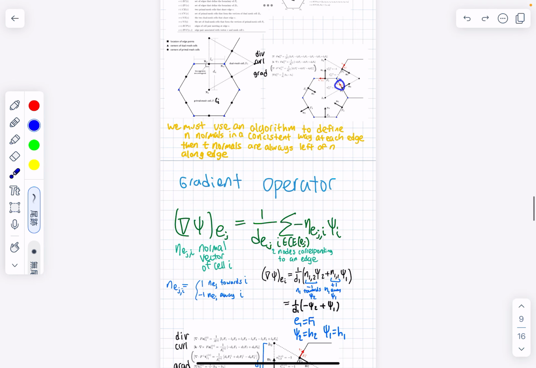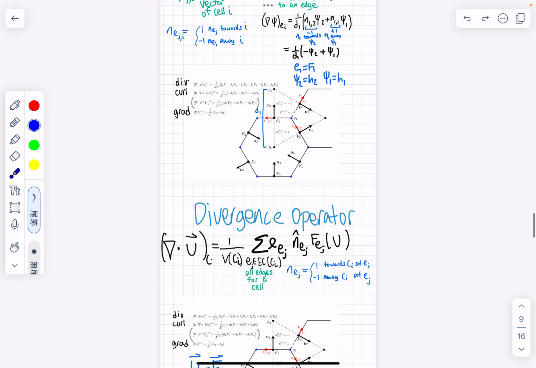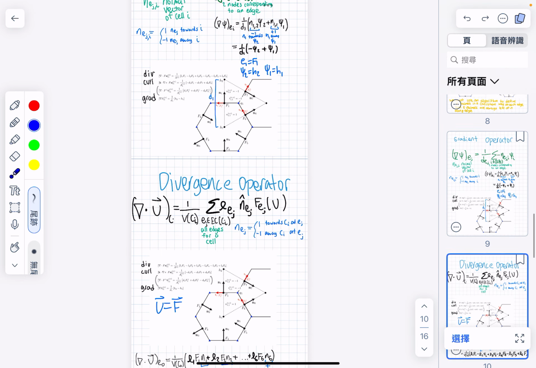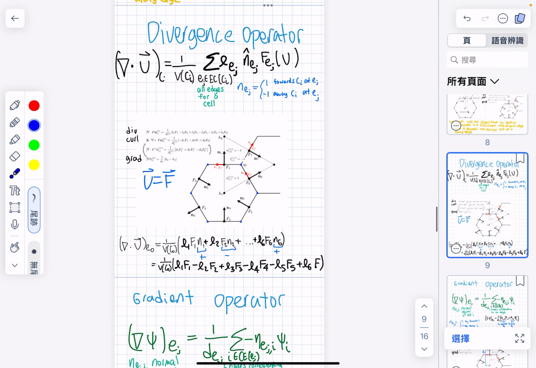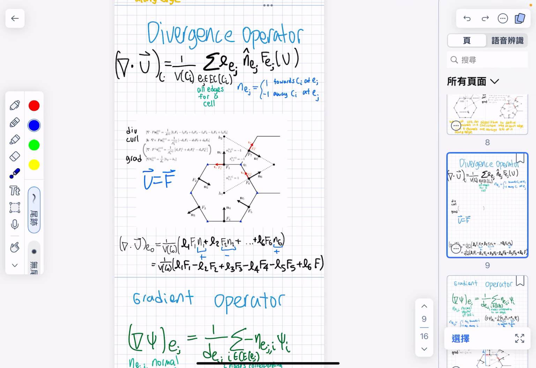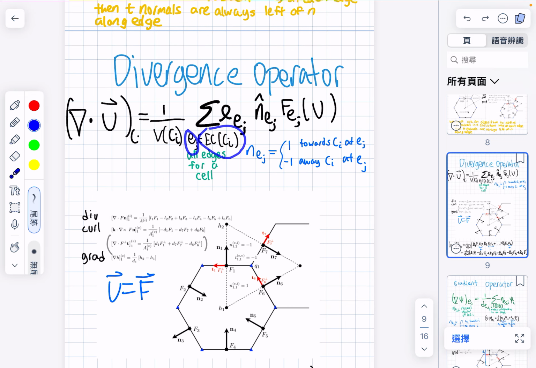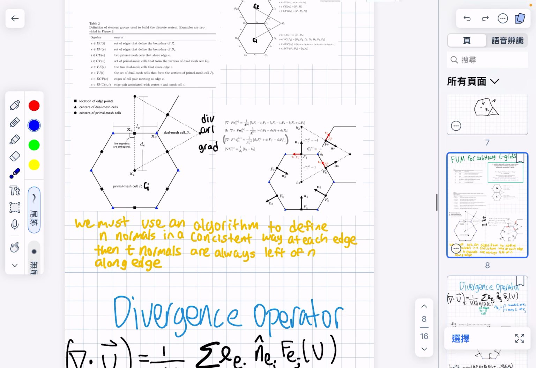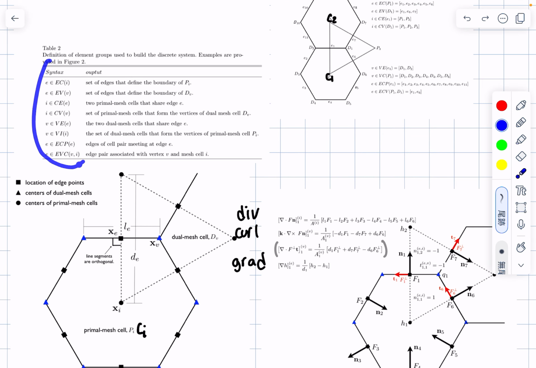So first, how to do the gradient operator. Well, actually, first let's talk about the divergence operator. So the divergence operator, we can write it like this, and yeah, I know it's out of order, but same thing. This time you might see the sum has this weird thing, e_j in EC of C_i. We know what e_j and C_i are, but what is this EC? This is just a notation that they made up,